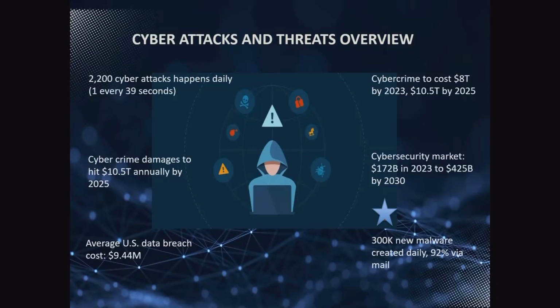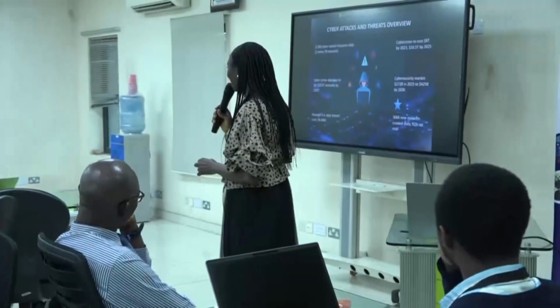All right. So, someone has expounded on the first one, showing us that these attacks are rampant, as high as having one attack every 39 seconds. All right. So, the cost of a data breach. When we say cost of a data breach, what would it mean? This one says average US data breach cost 9.5 plus.